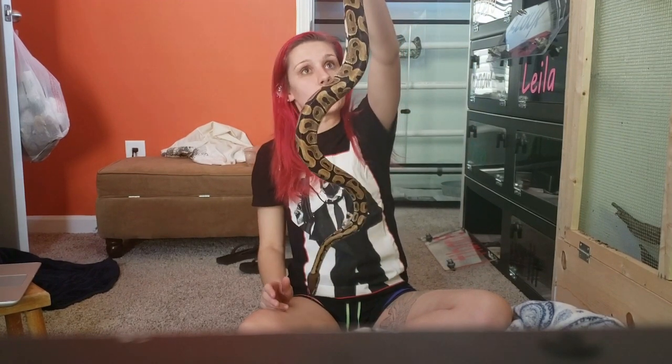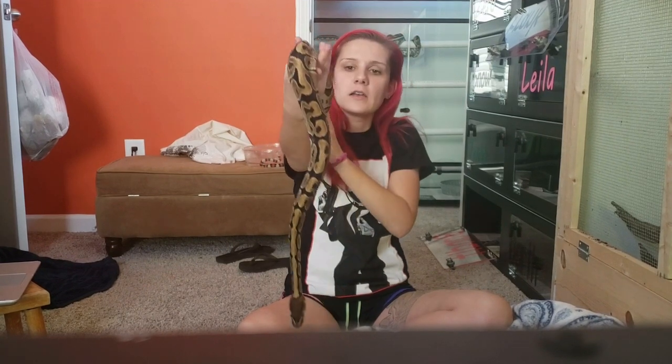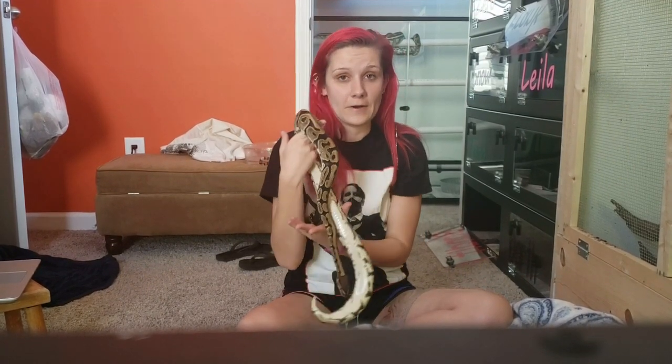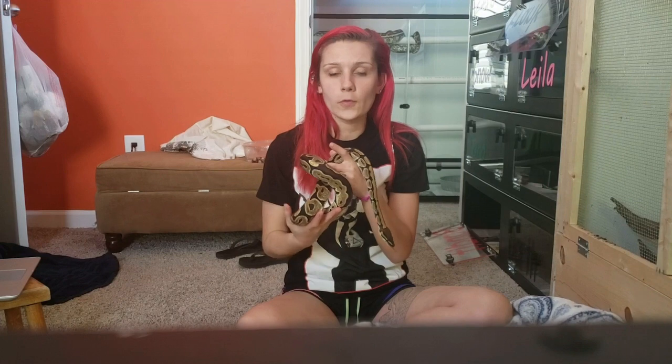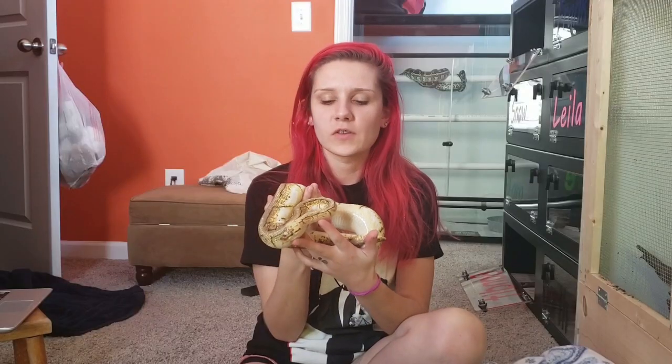Most snakes exhibit their most rapid growth in the first 4 years of their life, so he's pretty much done. But snakes do grow their entire lives. They exhibit indefinite growth. So since ball pythons live 30 plus years, he will grow for the rest of his life. So the next thing about ball pythons is, since they're from a warmer region of the world in Africa,